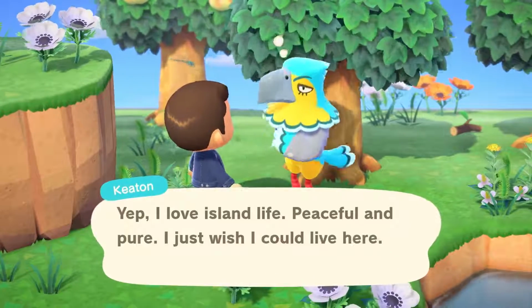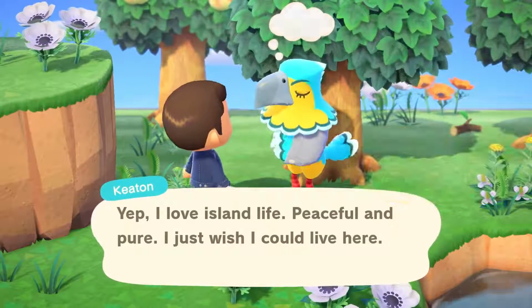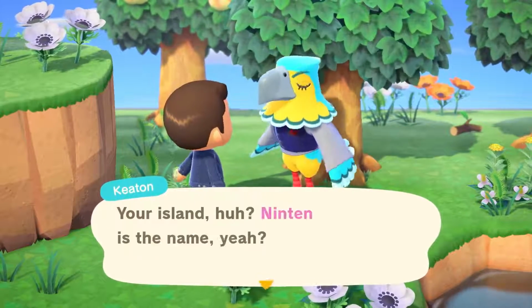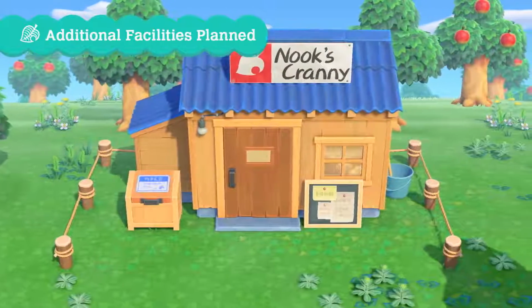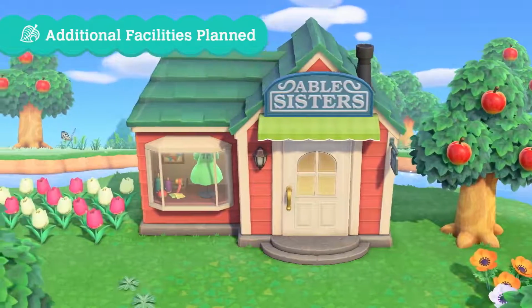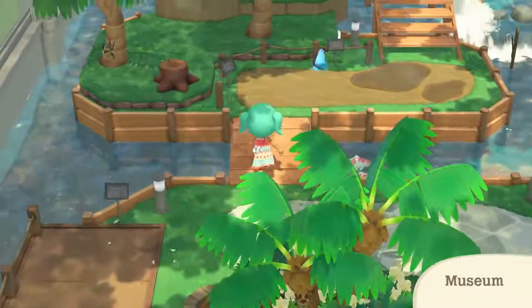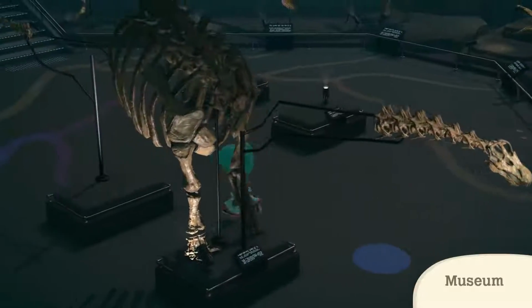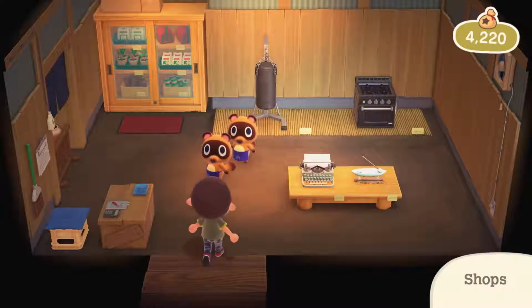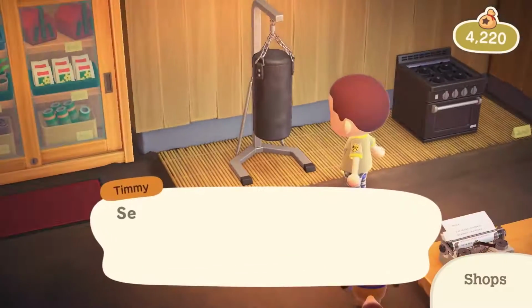And in some cases, you may be able to invite some residents yourself. But we won't stop there. We're also planning to build additional facilities on the island. Examples include a museum showcasing the rich ecosystem on the island, a shop full of ready-made furniture and goods you can't craft yourself,